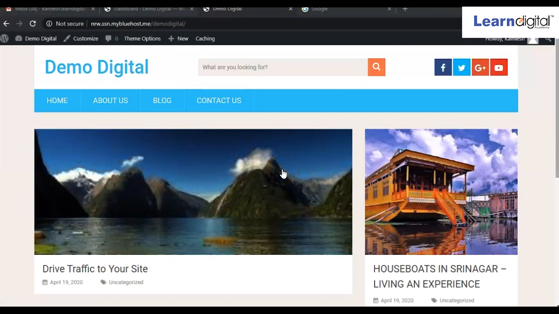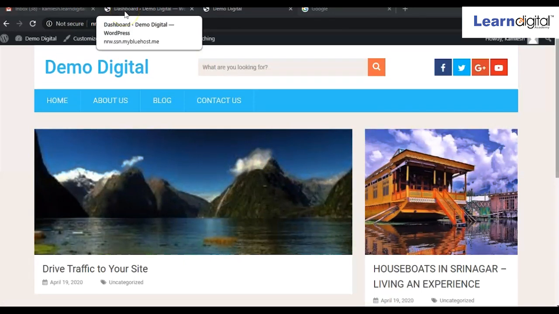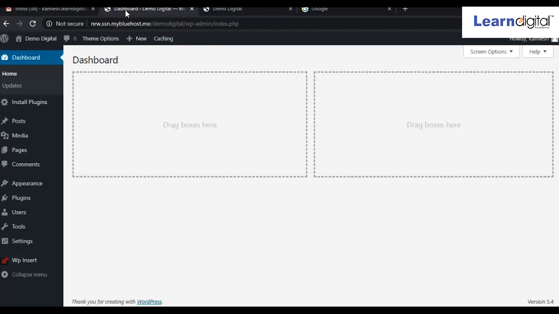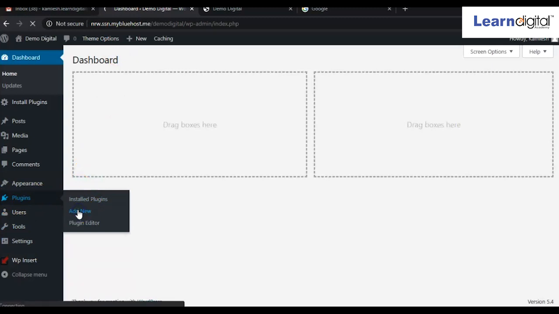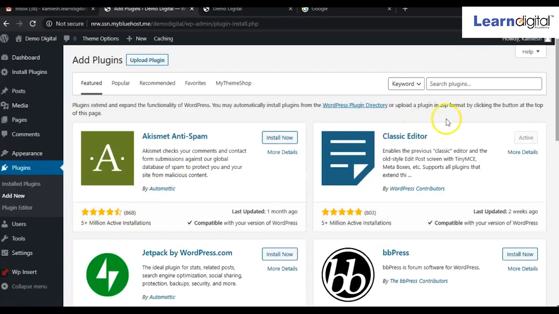Now suppose you want to show your website is under construction or site offline, that means somewhere you are maintaining your website, right? So that thing you can also show in your website. So right now your website appearance is like that. So again, for showing site under construction or site offline or site under maintenance, we have to go to the backend part. For that, again we have to install one plugin. Click on add new. Then you have to search here a plugin with the name site under construction.